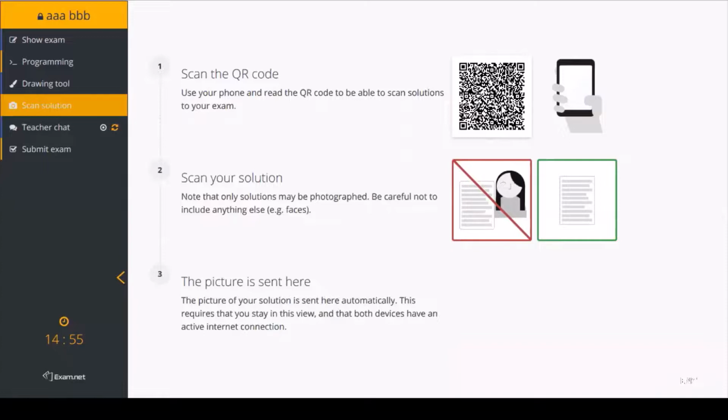Currently I'm doing it on my mobile. After clicking on the scan solution option, you should scan your answer script. Whatever answer you have written, scan the answer sheet. Suppose for a temporary demo purpose, I'm just taking a blank sheet and then uploading this.